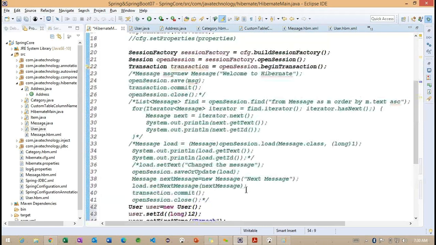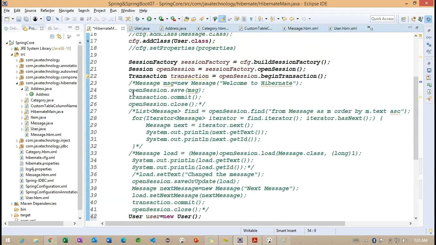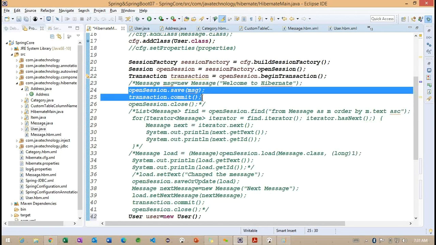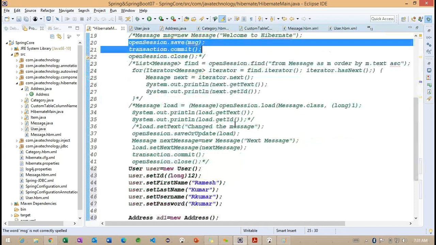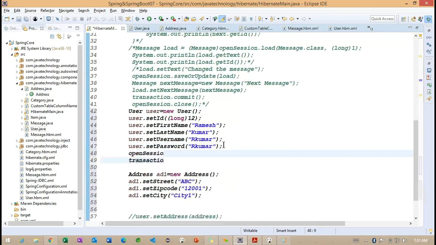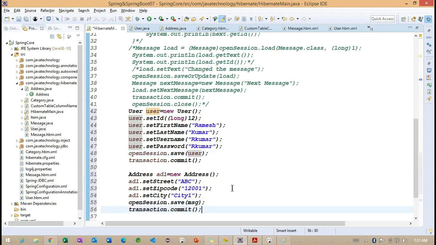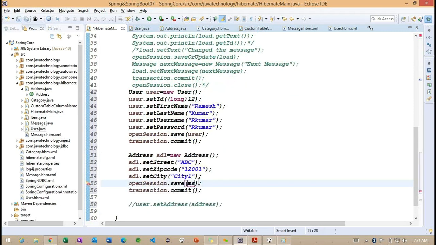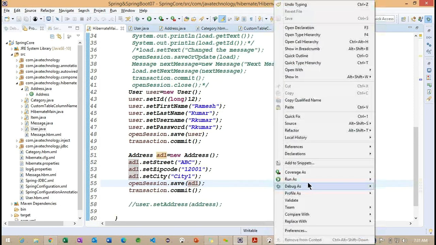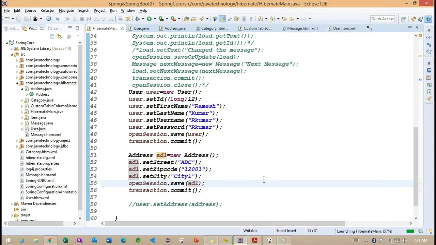Now understand here. Here we need to work on these two. AD1.